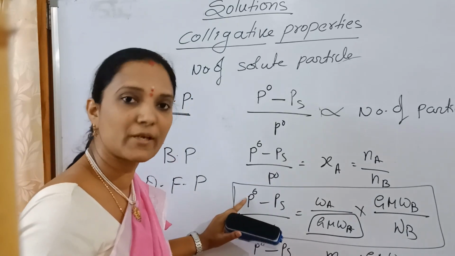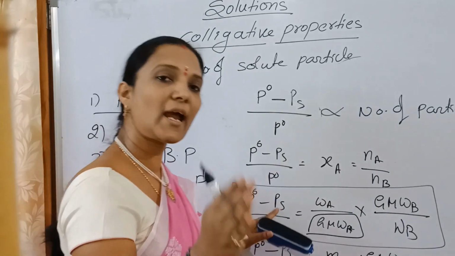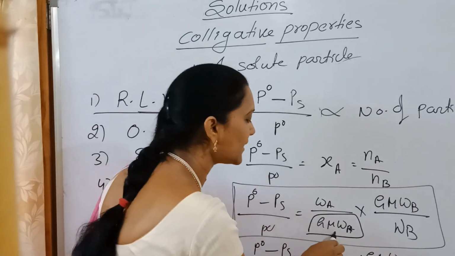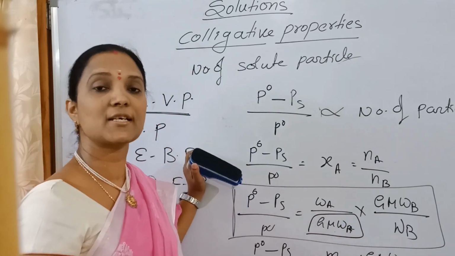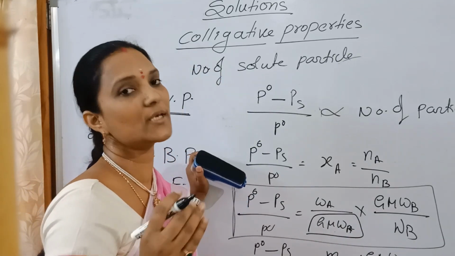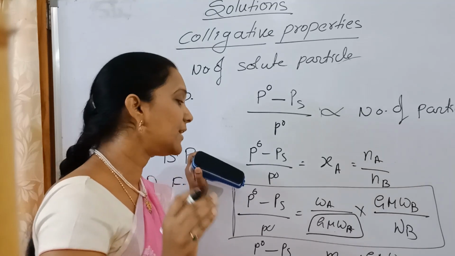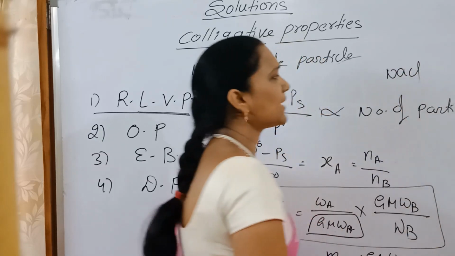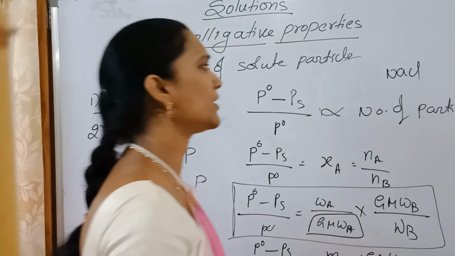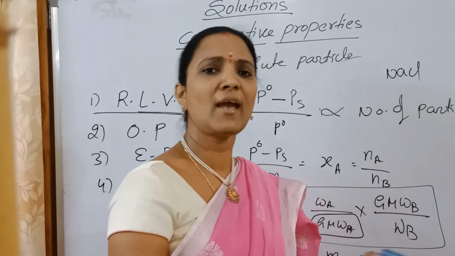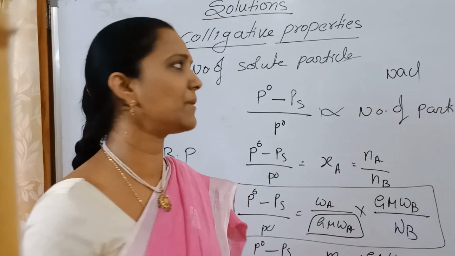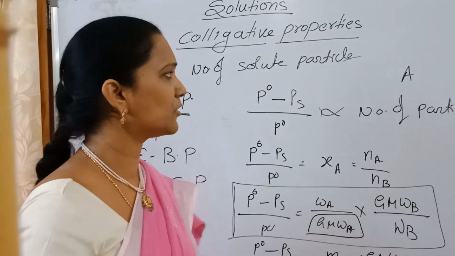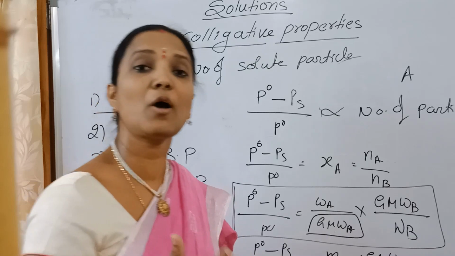Anyhow, we know the vapor pressure of the pure solvent. After adding the solute, we can identify how much it reduced. Then from this we can calculate the gram molecular mass of that unknown solute, so we can identify what that solute is. For example, here NaCl is given. What is the gram molecular mass of this? Given sodium 23 plus chlorine 35.5, add these two, then we can find the gram molecular mass. But here what we added, we don't know. One A is added. What is that A? Now how to identify?